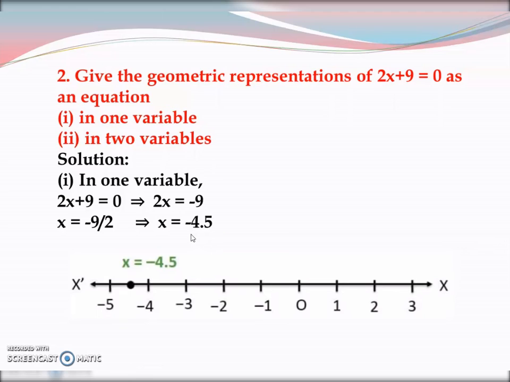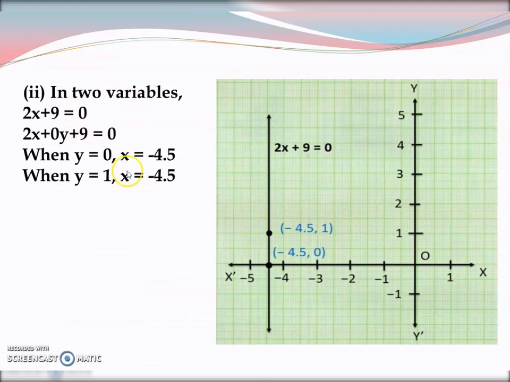Okay, so this minus 4.5 will be somewhere over here between minus 4 and minus 5. Exactly in the middle of minus 4 and minus 5. This will be the point. So this is like a number line in single variable form. You will just draw a normal number line 0 and then numbers to the right of 0 will be positive. Numbers to the left of 0 will be negative. So this is a negative value. So minus 4.5.